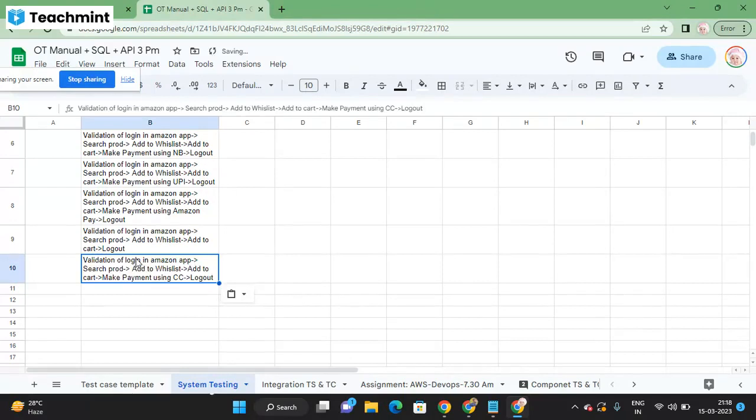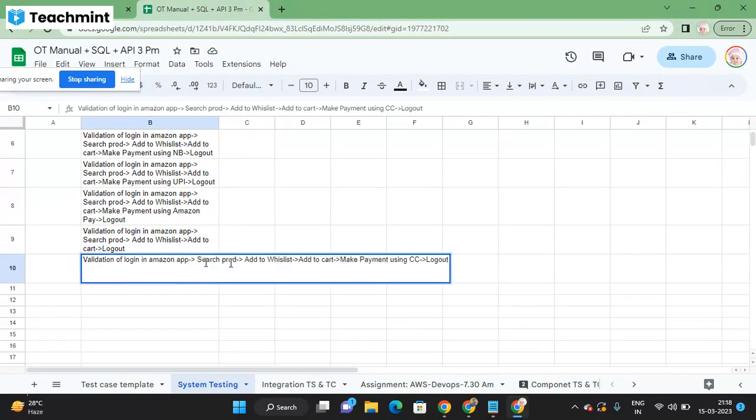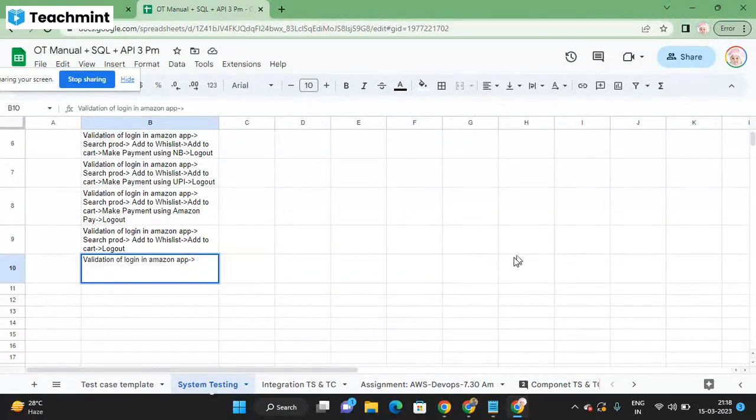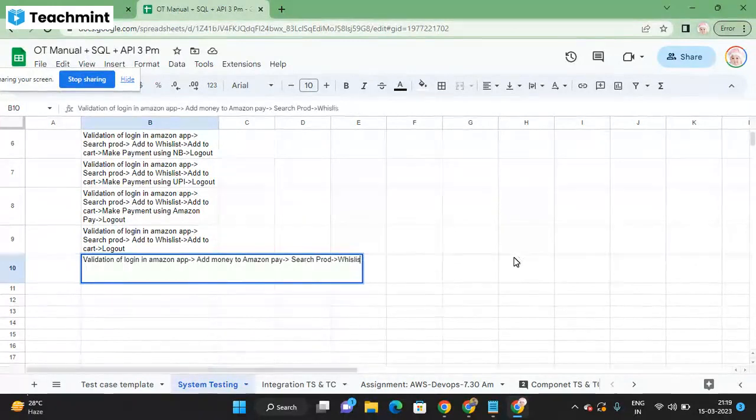We can take it. Suppose you have added the product to the wish list. Let me take one more simple scenario. Suppose I'm logging in to the particular application. I'm going to add some money to Amazon Pay, because initially in Amazon Pay we don't have any money. Now I will search the product, and then I will add the product to the wish list. And then I'm going to the cart, and then I will do the payment,